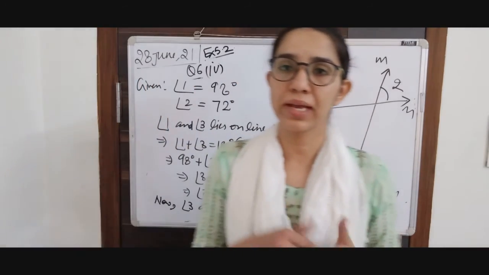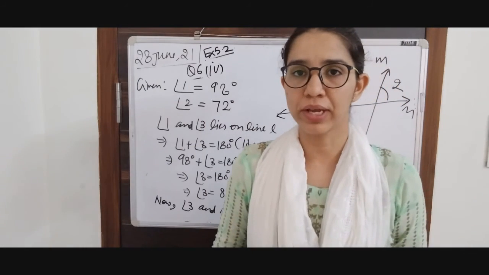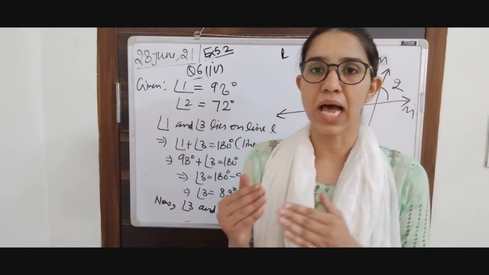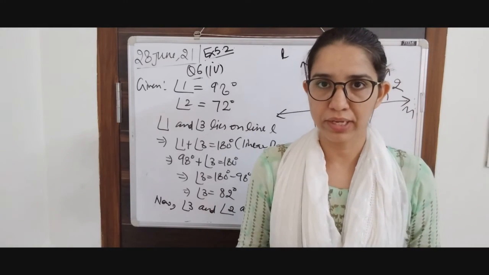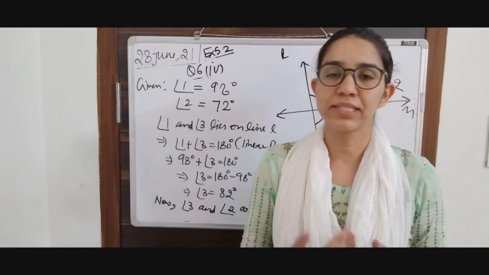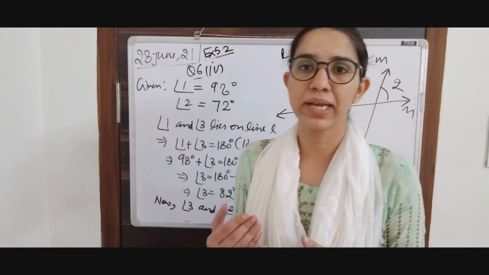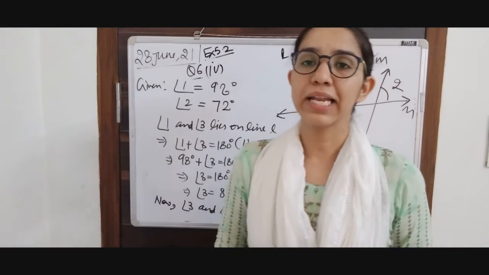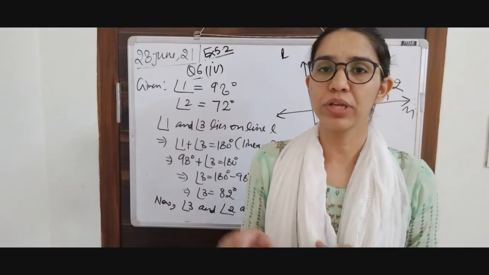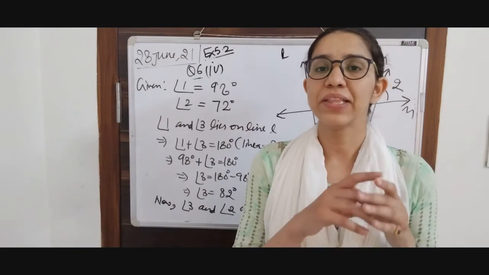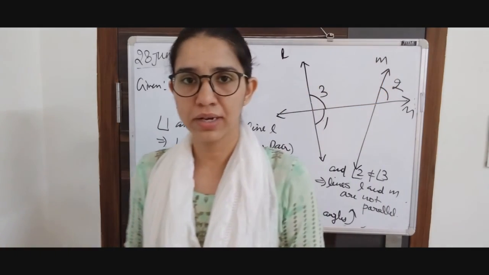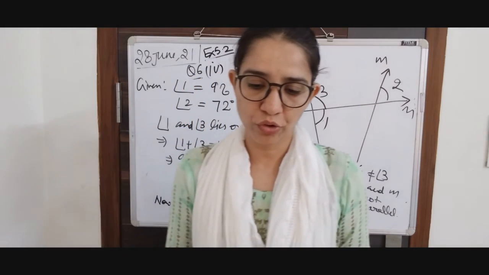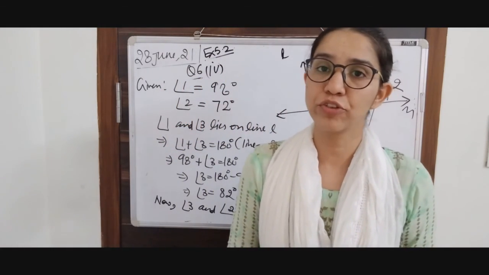On the basis of angles, we again have three types of triangle. If all angles are less than 90 degrees, they are going to be acute angle triangles. If one angle is a right angle, then it is going to be a right angle triangle. And if one angle out of three is obtuse, then the triangle will be called an obtuse angle triangle. So with this, we are going to end the chapter, end the lecture for today.